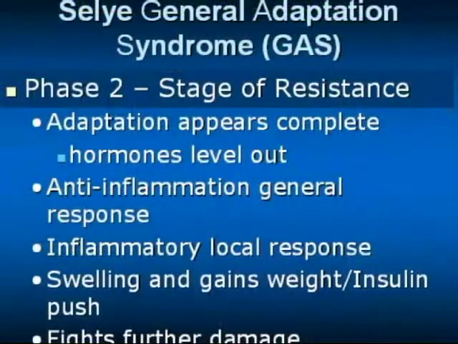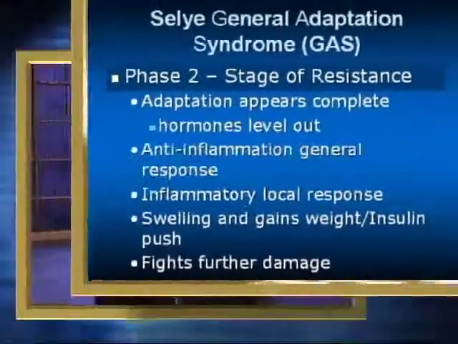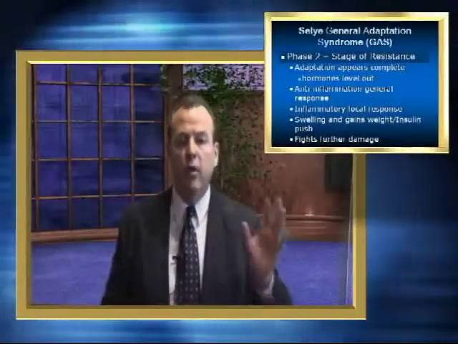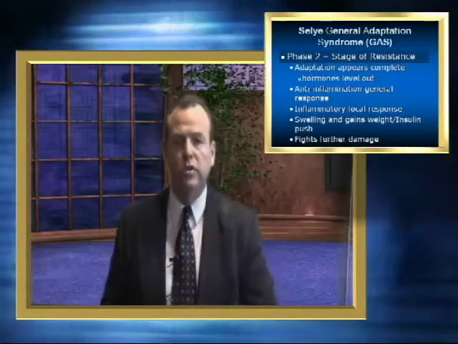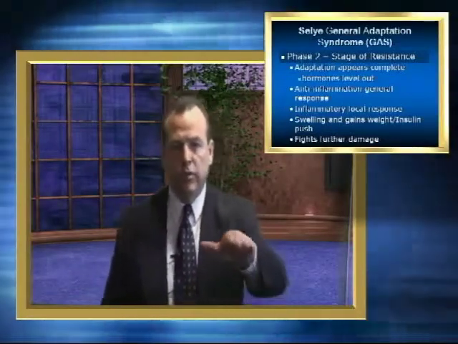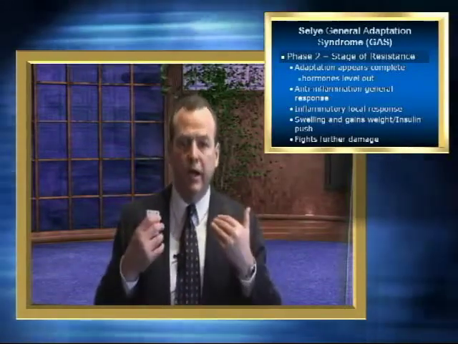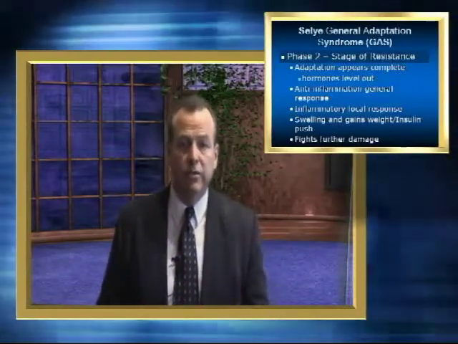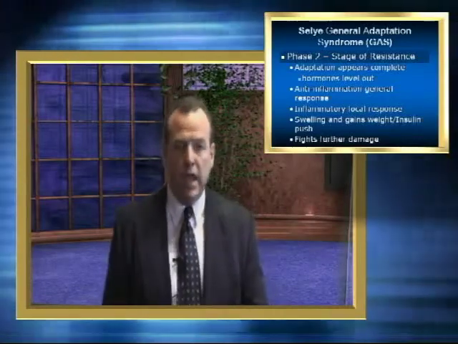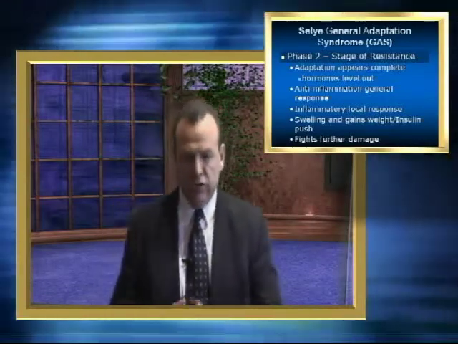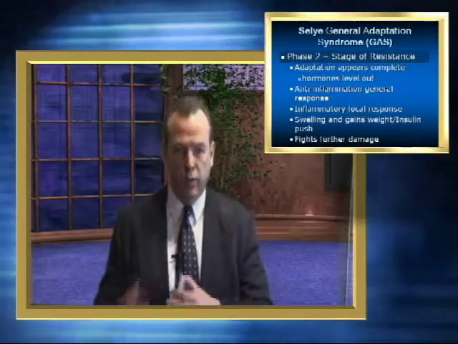Okay? So let's go into phase 2. Stage of resistance. Adaptation appears to be complete. In other words, whatever has occurred, you've gotten your feelings hurt, somebody has offended you, the boss that demeans you on a consistent basis, etc., whatever was causing your general adaptation syndrome, usually then the hormones will start to level out. An anti-inflammatory response is now occurring full body to try to protect you. An inflammatory response might be happening locally. Stay with the ankle, okay? The ankle sprain, you still got this big balloon down there,